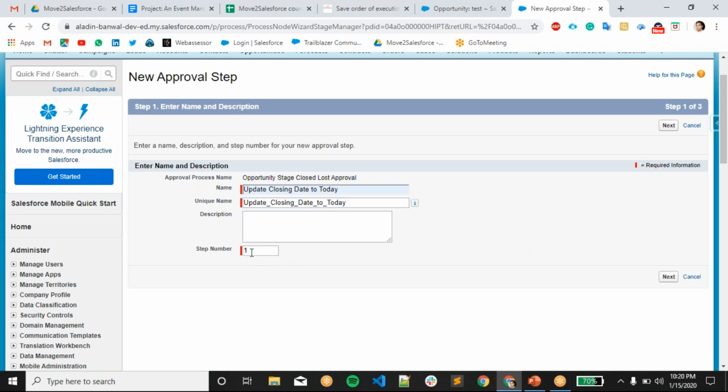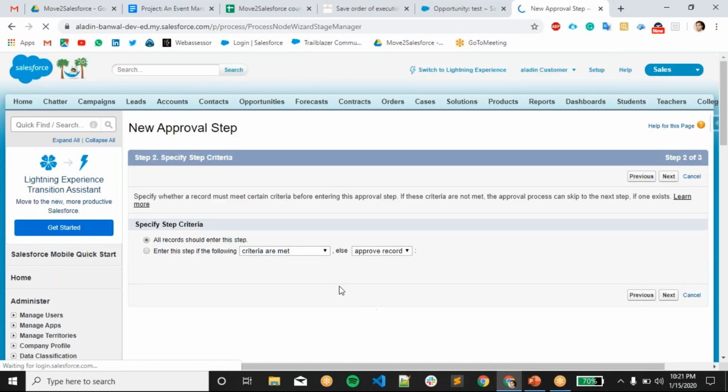We have to give the step number: if we give 2, then it will go second. First it will do the first number, and then it will go on to the second. I'll go and click next.